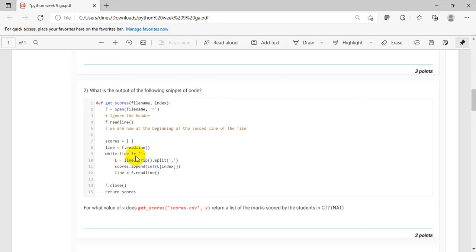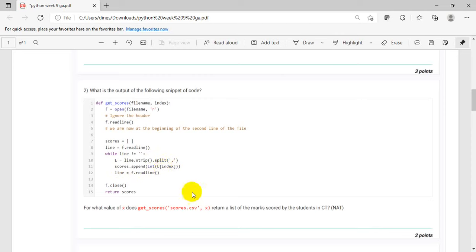The condition here states that the loop should terminate only at the end of the file, because at the end of the file it returns a null string. As usual they are splitting with comma, and you can see in that score list they are appending L, where L means the line at